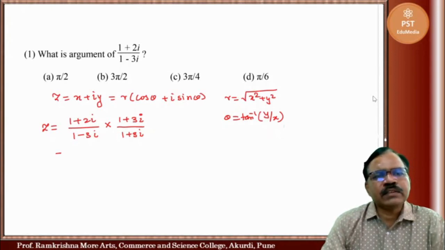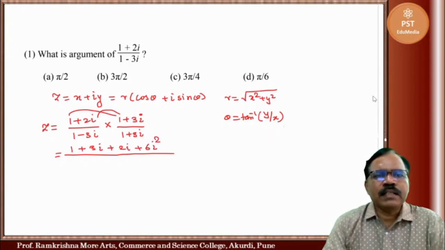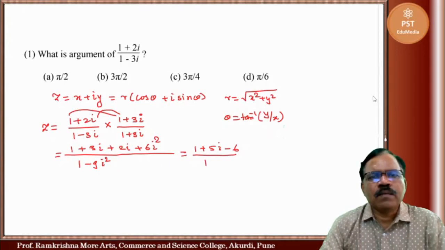So if we find this, you will get 1 into 1, that is 1, 1 into 3i, that is 3i, then 2i into 1, that is 2i, and 2i into 3i, that is 6i square, and here 1 minus 3i into 1 plus 3i, you will get 1 minus 9i square. So here you will get 1 plus 5i minus 6 upon 1 plus 9,